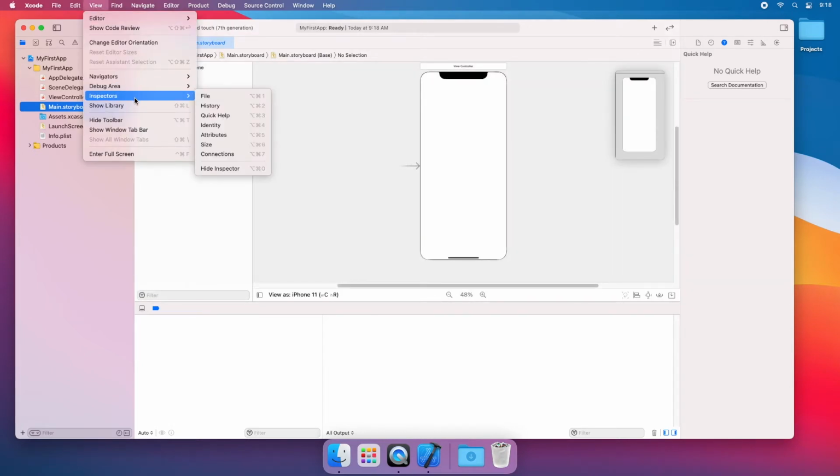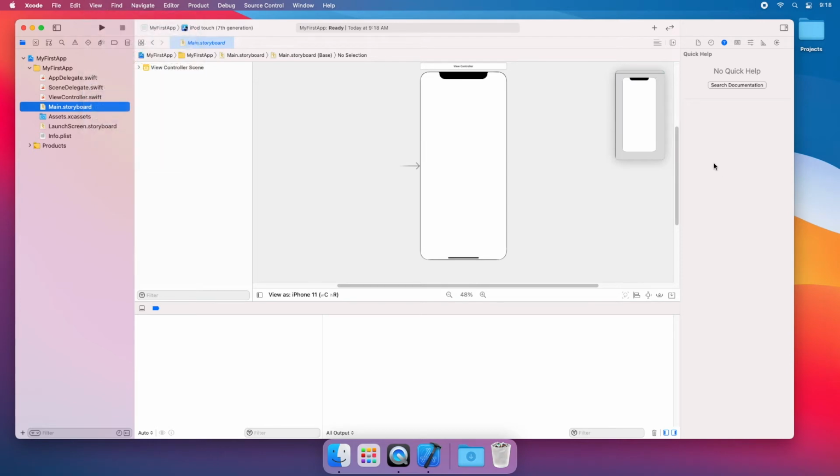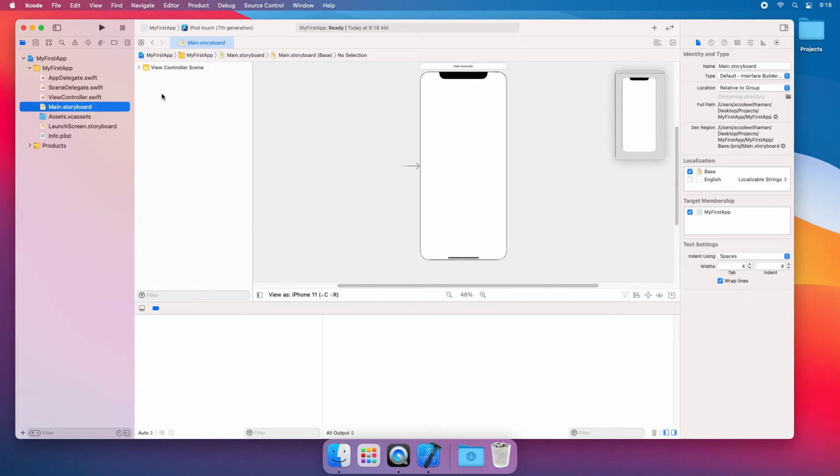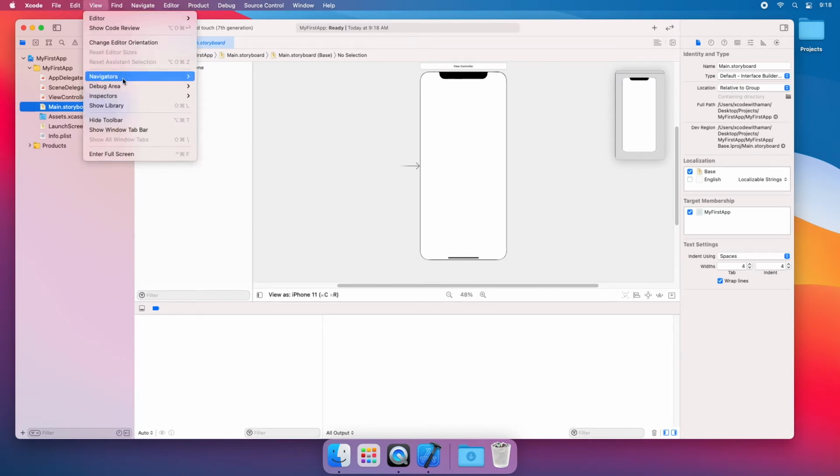There is Inspectors. Basically all the properties of a particular file will show you in this. It contains file history, quick help, attributes, etc. You can see it also on the right side of the screen.